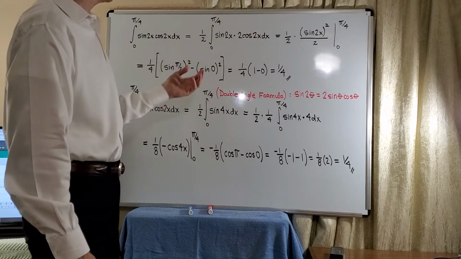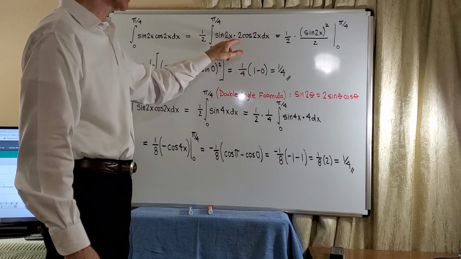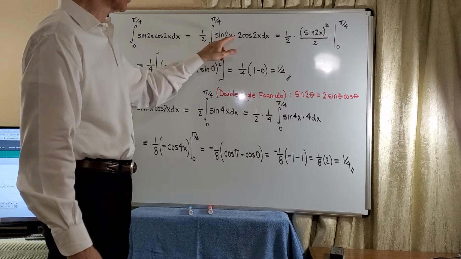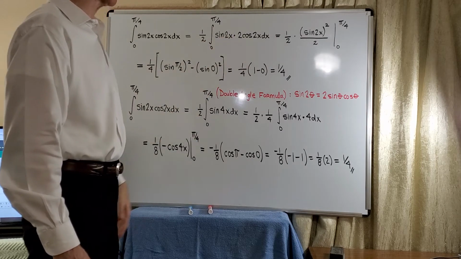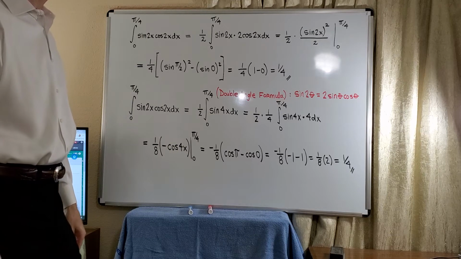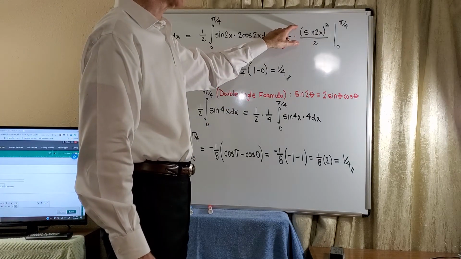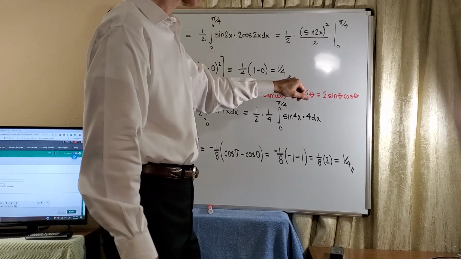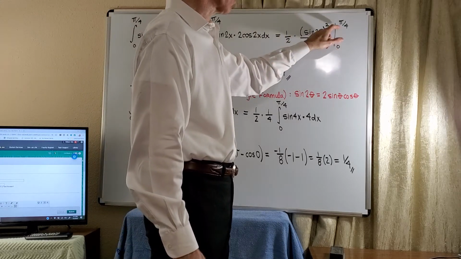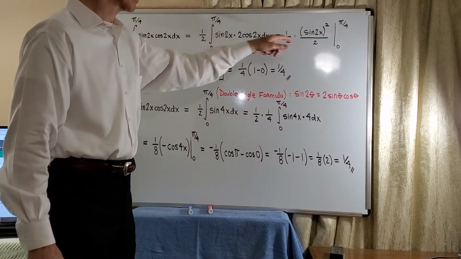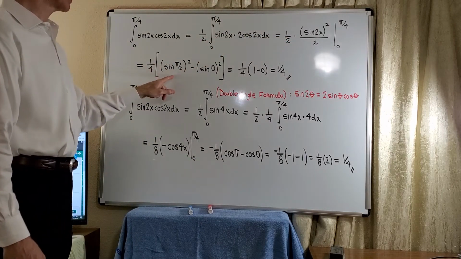So what we can do is write the sine 2x and then put in the 2 here and adjust for it. So now we have the u du. So this is just add 1 divided by the new power. So we get 1/2, then of course sine of 2x quantity squared divided by 2, evaluated from 0 to pi over 4. And then of course the 1/2 times the 1/2 is 1/4, and then we get sine of pi